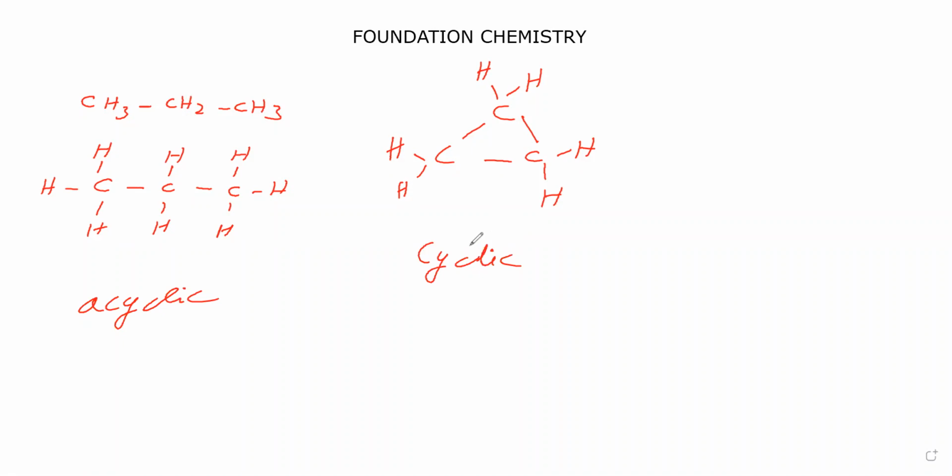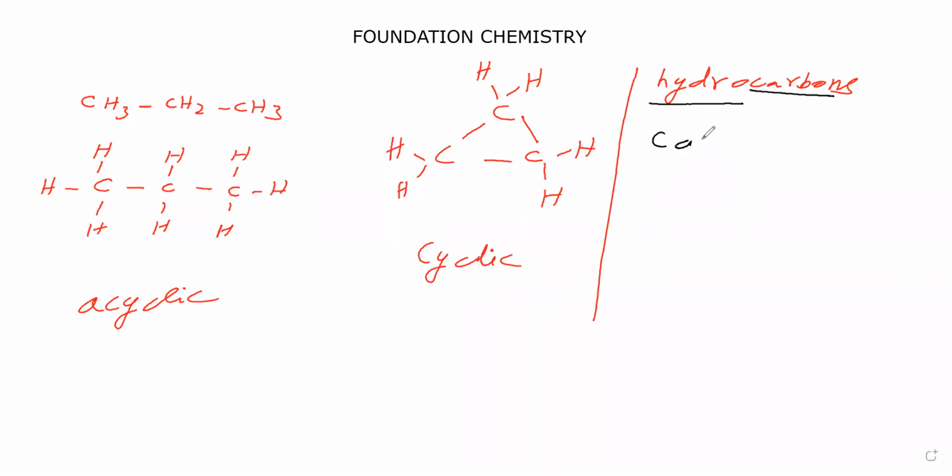In the previous classes, we have discussed many compounds we have taken and we said the names. Those are coming under which case? Acyclic compounds. Cyclic means like this will be there. So now we will go for cyclic compounds. In the cyclic compounds, we will see hydrocarbons. Hydrocarbons means what? What atoms will be there? Carbon and hydro. Hydro means hydrogen. So hydrocarbons means in those compounds carbon atoms and hydrogen atoms will be there. In that cyclic we will see.